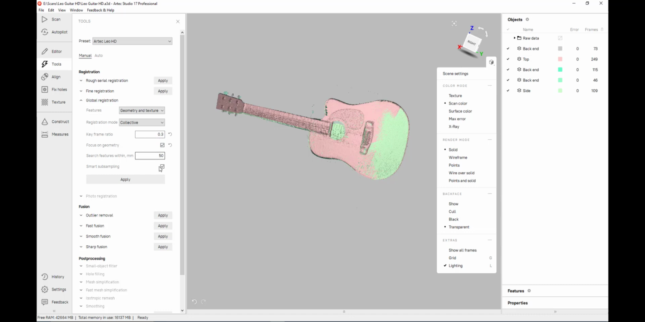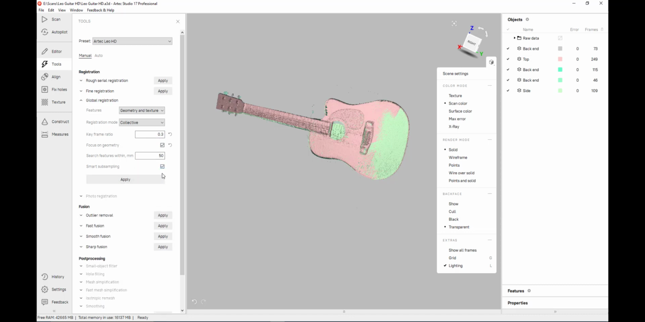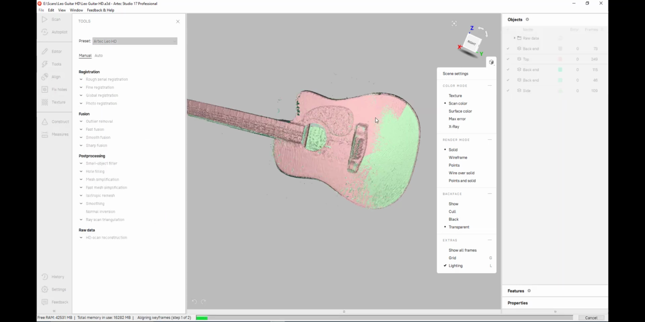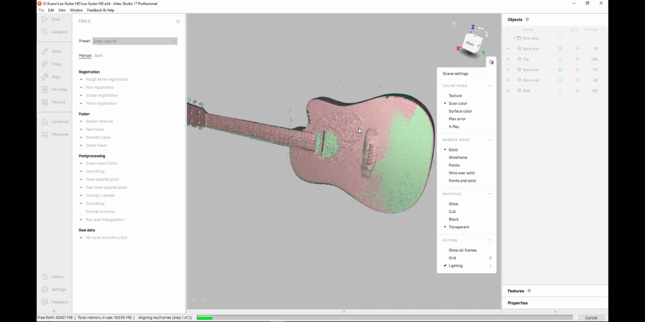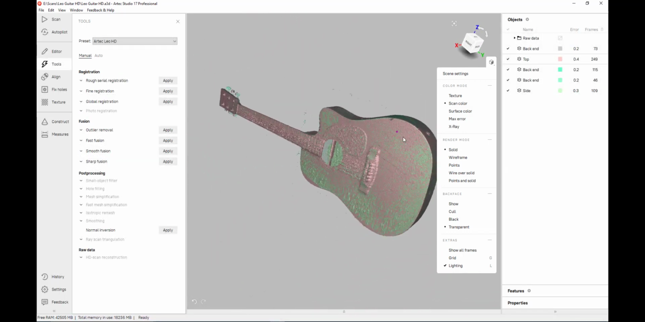Which ratio of our scans will be keyframes to register between, how far we want to search for similar geometry, and if we want all of our scan data to be used during the registration process via the subsampling setting. We can also choose if we want to run a registration based on purely geometry or both geometry and color. Once your settings have been chosen, clicking apply will run the command, and when finished we see that our frames